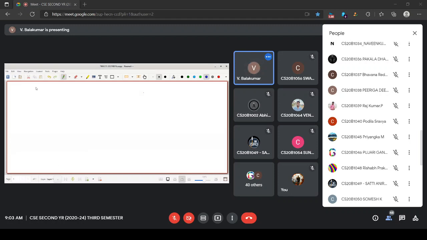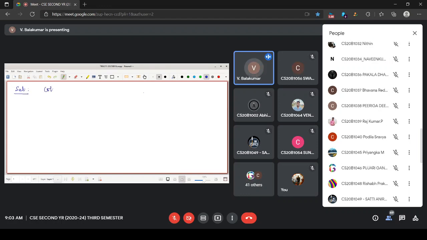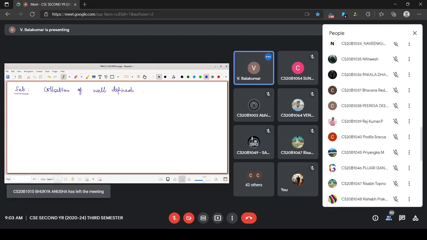Do all of you look at the blank screen? Is it visible? Yes, sir. So we have defined what is a set, and we gave few examples. Set we defined as a collection of well-defined objects. Here the term well-defined matters.